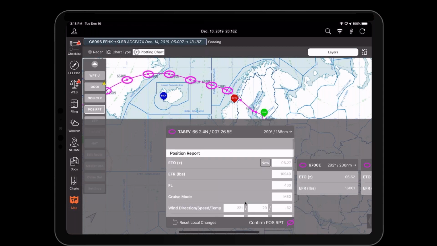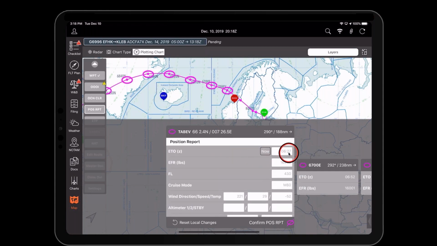So we're getting ready to get to TABEV. Once your FMS transitions the waypoint, you're going to want to put in your actual time en route. We have a now button, and that'll put in whatever the current time is. And you can see that once I put in a current time, it turned black, and now the field changed